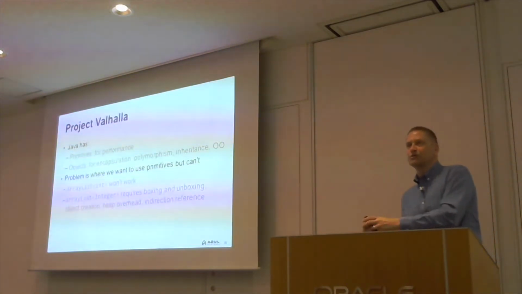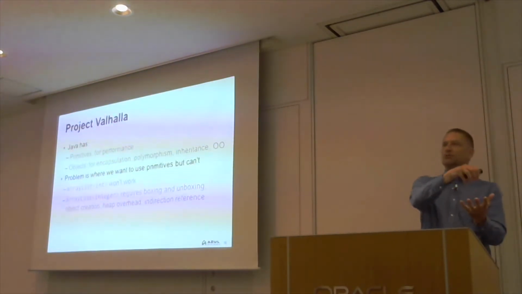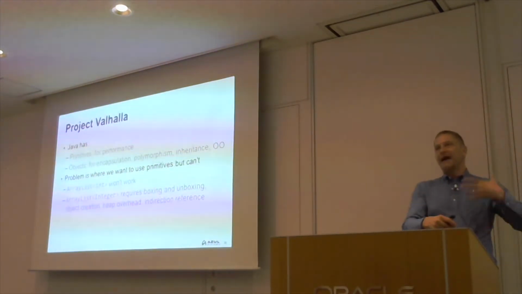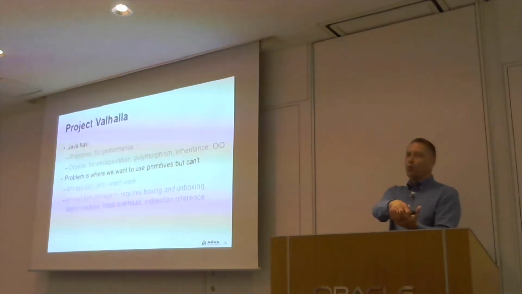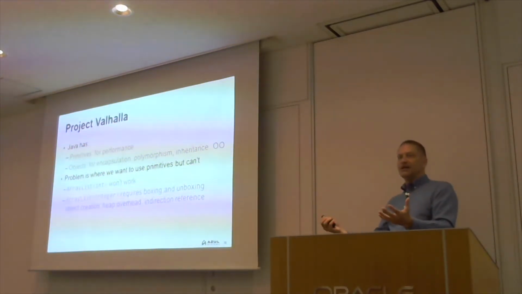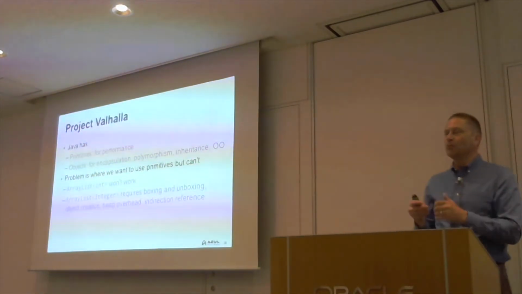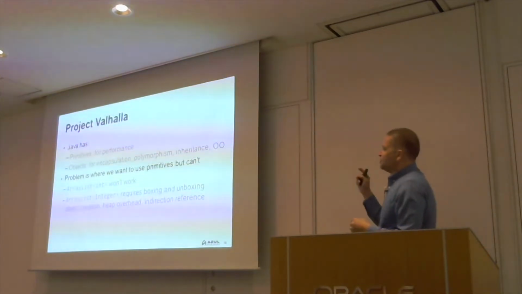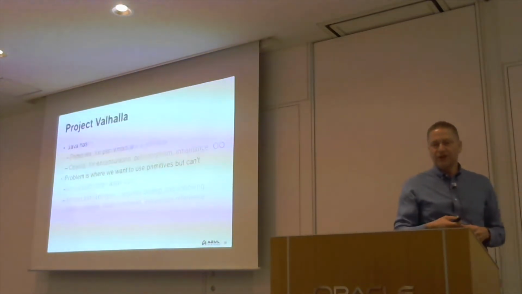So we have to convert, we have to take the value, we have to create a new instance of an Integer, call the constructor with the value, put it in there, add it to the list. When we want the result, we've got to take that object, we've got to call the method on it, get the value out, assign it, and then we've got to garbage collect it. So it's very inefficient in terms of objects. So we need a better way of doing that. And that's what Project Valhalla is about.